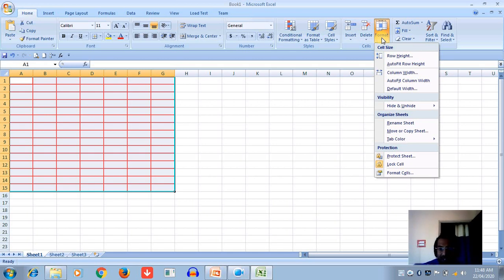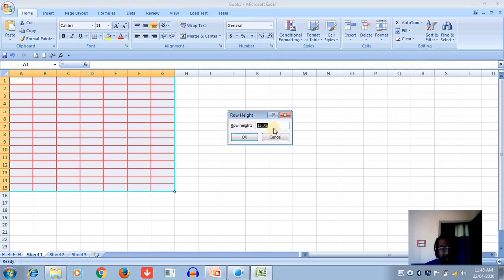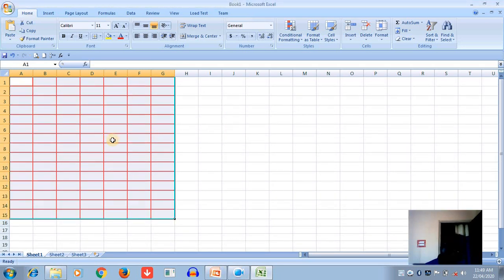I have already clicked it and select Row Height, the first option. A default size is already given, but I am changing it here. I am just putting 20.00 and clicking OK. Now the change is already showing here.